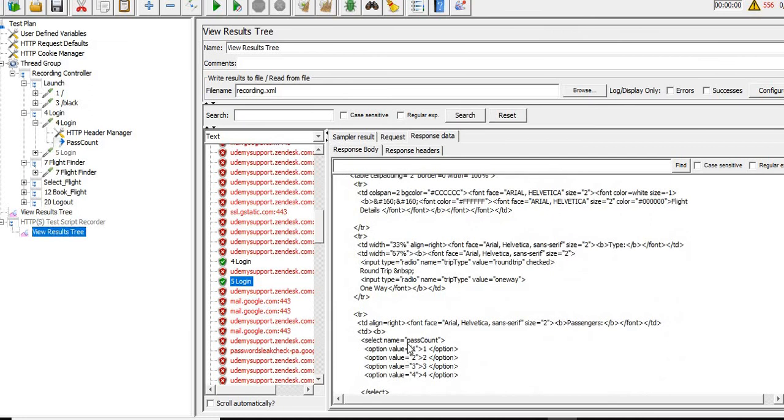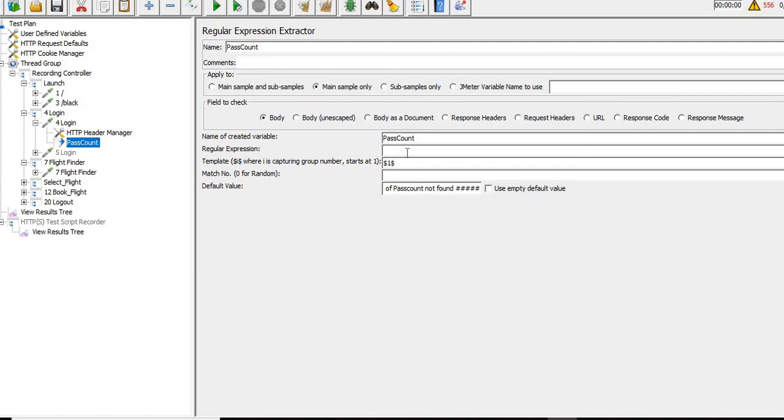Yes, over here we can see pass count 1, 2, 3, 4. So now we need to work on this particular parameter. This is the value which we need to apply as a regular expression. For this specific one I am applying a regular expression, and the same with the other one.